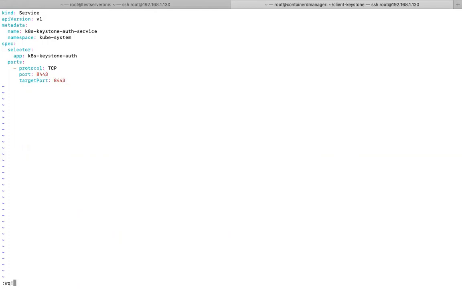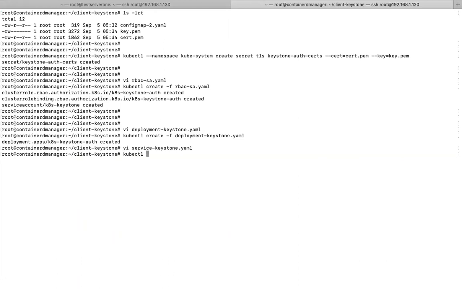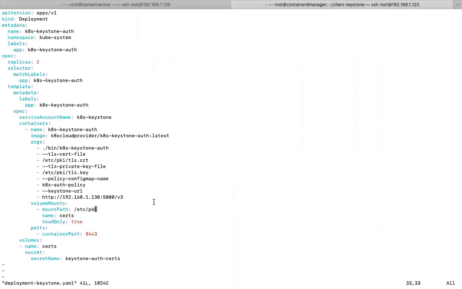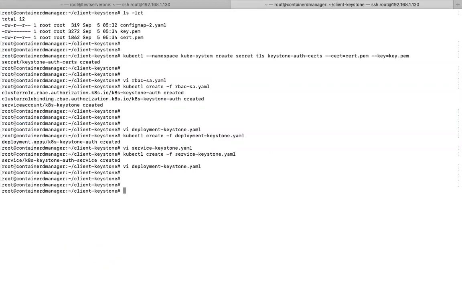I'll try to create this. Why are we using a secure connection? Because if you go to the deployment Keystone, here you can see we are using certificate-based communication. These are the certificates which we have created, and they are used by your pod. Those certificates are copied under this location, and this is used by this. That is one thing we have to remember.